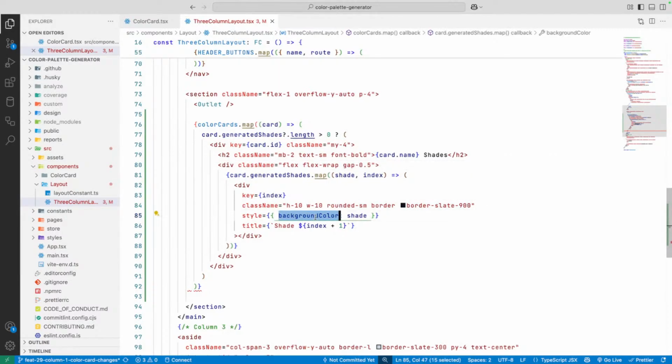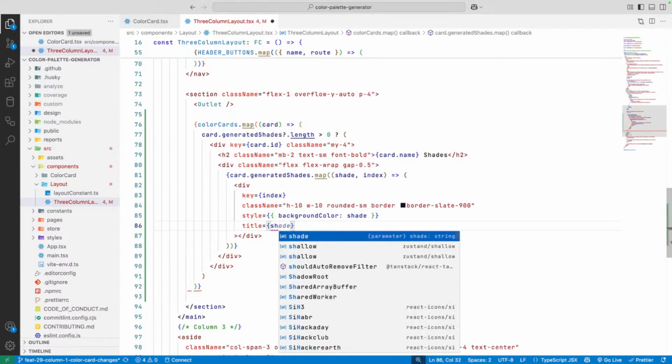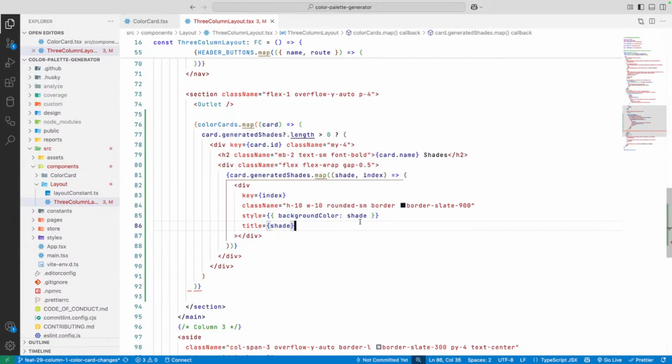The style would be, the background color would be the shade, and the title would be shade and then index plus 1. No, I actually want to show whatever is the generated shade, basically FFF, AAA, whatever the user has entered. Then we close the divs and then we close this one. This is fine. Close this div, and